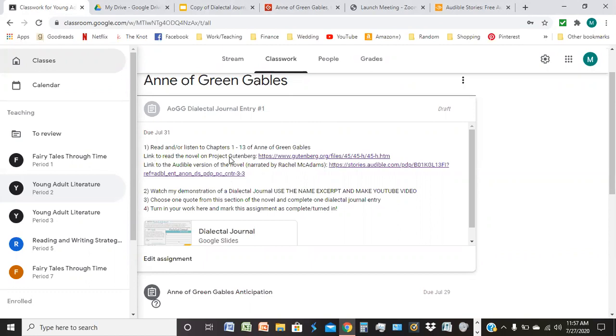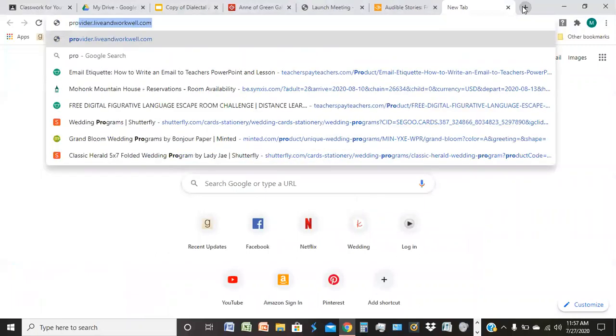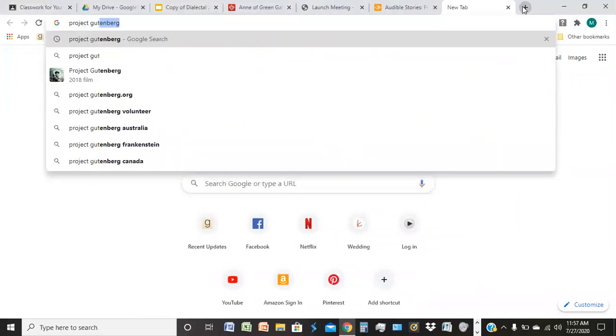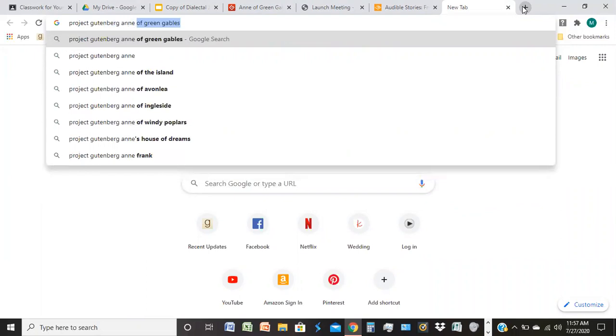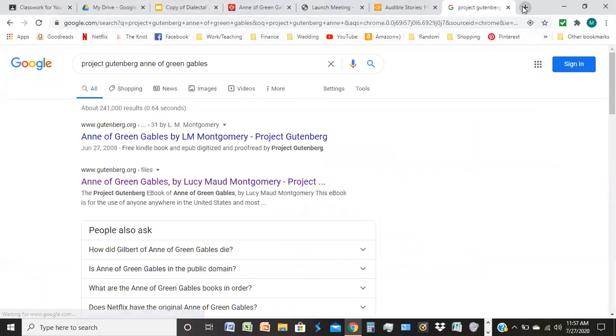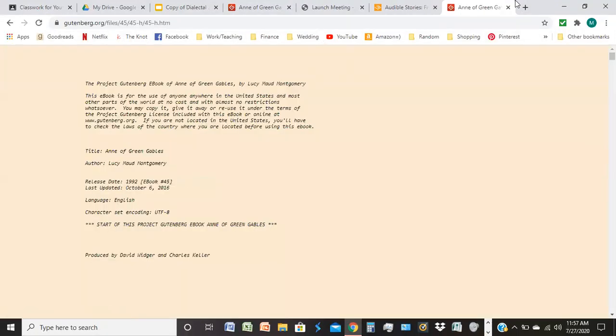So first thing you have to do is read and or listen to chapters 1 to 13 of Anne of Green Gables. You can do that one of two ways. You could either read the novel online, so I've given you the link to Project Gutenberg, but if you didn't have that link, you would just Google Project Gutenberg Anne of Green Gables, and it should come up right here,